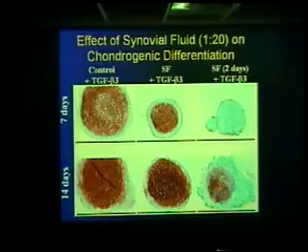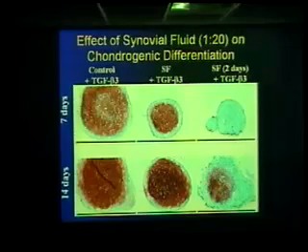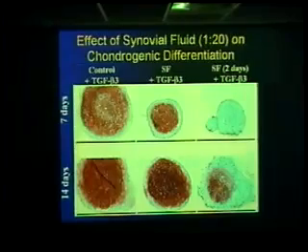This shows just another small experiment. In this case, we're taking synovial fluid from the joint of patients with osteoarthritis. So this is synovial fluid from the inflammatory disease condition. And we're culturing cells in the presence of medium conditioned with this synovial fluid. This again shows a normal control culture here at 7 days and 14 days. It's just typically normal chondrogenic activity. But when we